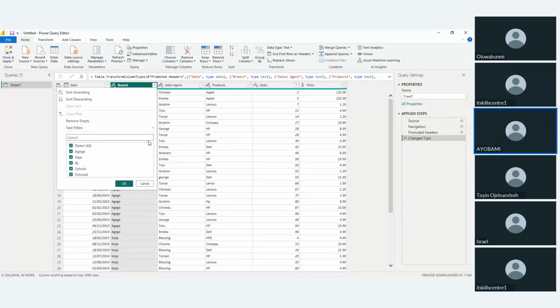So once I filter it, I can see that there is a lot happening. I have the branches that are supposed to be there, from probably the description of the data you got before you started working. You will know what you are expecting to have in each column. So in this place, you have the location